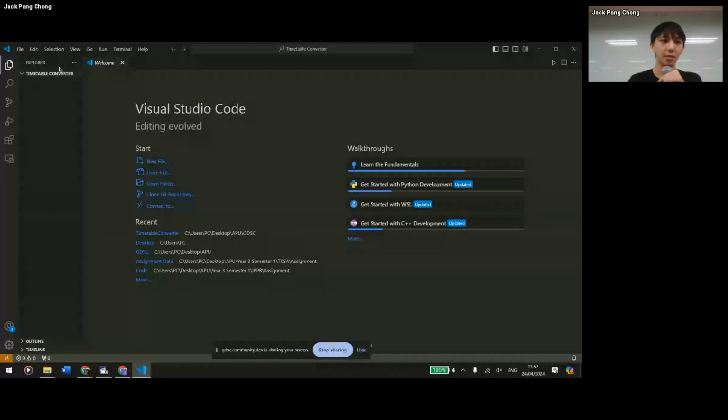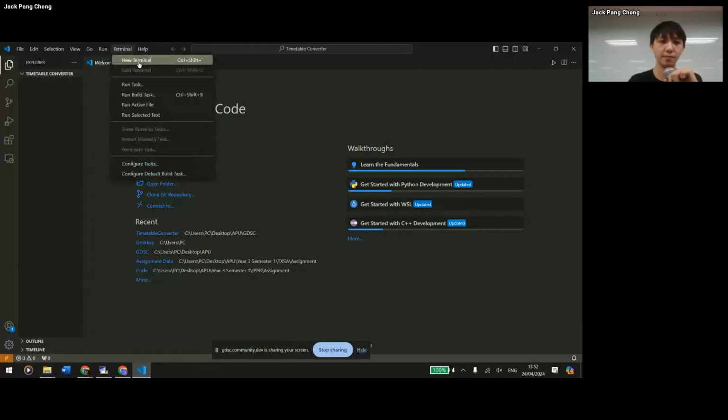Okay. So before we start coding, we have to install some necessary libraries, including Beautiful Soup and also the Google Calendar API. So we click on Terminal, New Terminal,